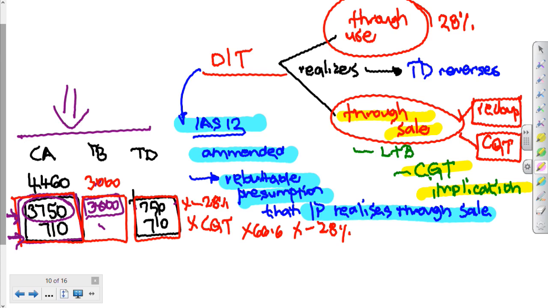I started just with land and then landed up with property and everything mixed up. But let's just work with these numbers and assume those are the numbers. So I need to take my asset and I need to split it between cost and above cost, or reval. Then on the cost piece, I will go back to